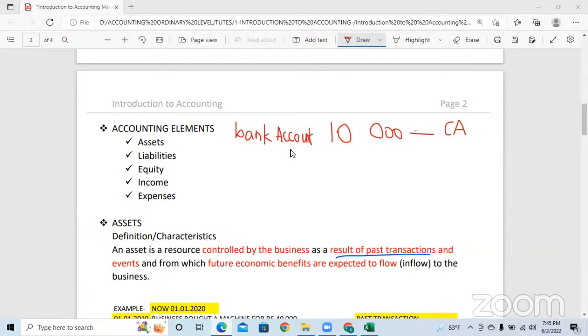There is only 10,000 in the bank, but you're asking the bank to pay 12,000. Then the bank will say, no, we can't do that. We can maximum pay only 10,000. But let's say, guys, you're a loyal customer. Loyal customer means you have done a lot of transactions before with the bank. Now, if you are a loyal customer, the bank will say, okay, I will pay the money, 12,000 to